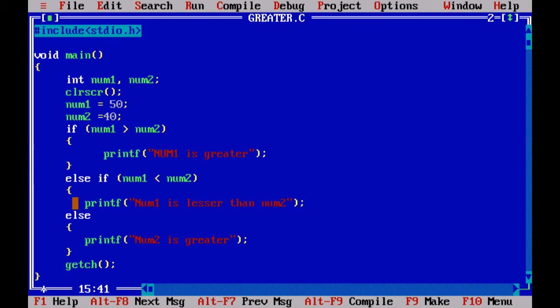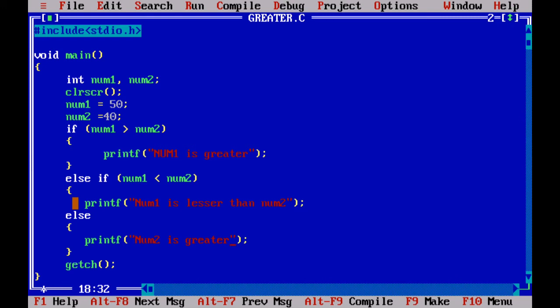Okay, and now in the else case, if num1 is greater, it prints num1 is greater, else if this is false, it goes to the else if part. It checks if this condition is true or false. If this condition is also false, then it executes directly the else part.